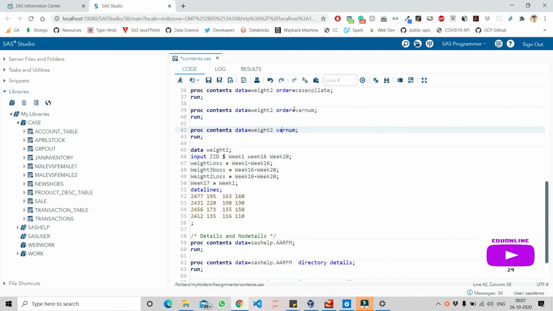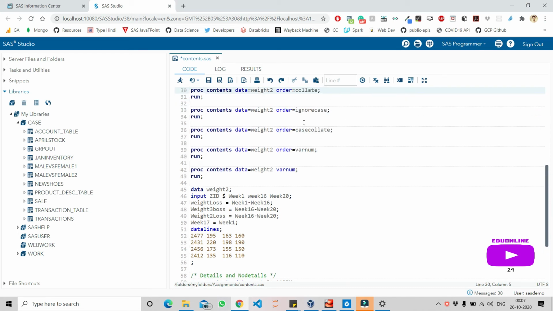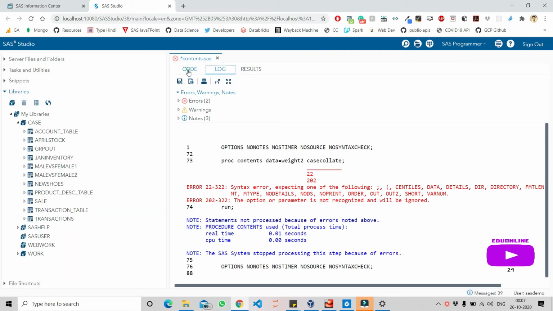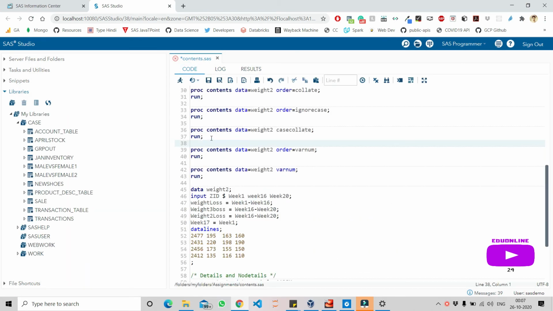But for the other cases, you will have to specify this order statement, otherwise it won't run, right? If you see the error. Let's go back.